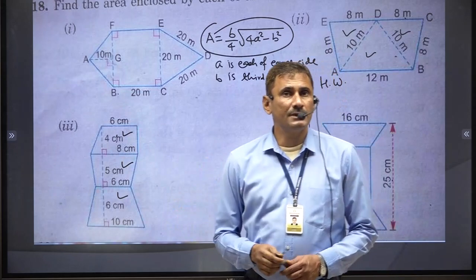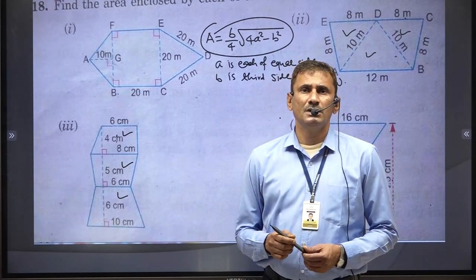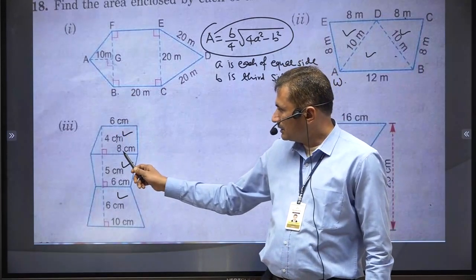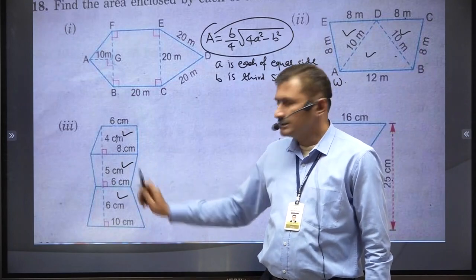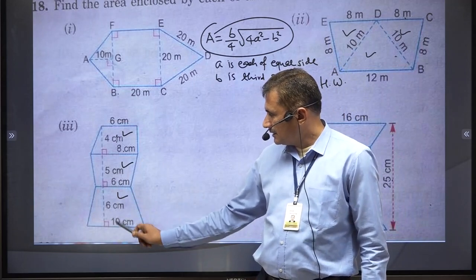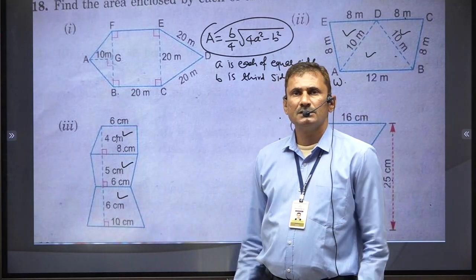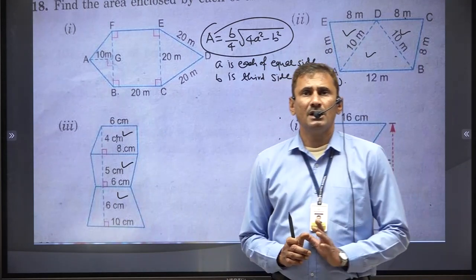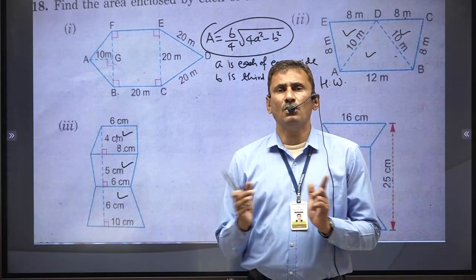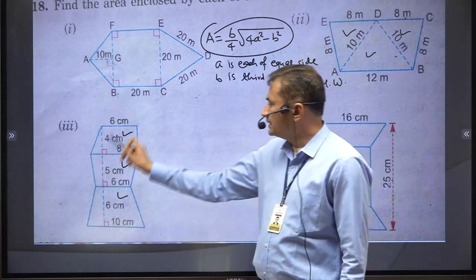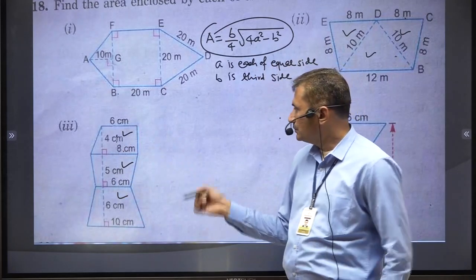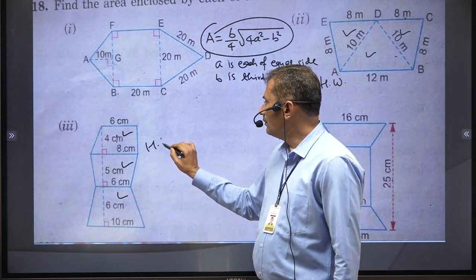How? Area of a trapezium is equal to half into the sum of parallel sides into altitude. Same way here also, the parallel sides are 8 and 6, altitude is 5. Same way here, the parallel sides are 6 and 10, altitude is 6. So one by one get the area of all three trapeziums and at last add all of them. So it will be your final answer for whatever figure is there. Okay, so this is also in homework.